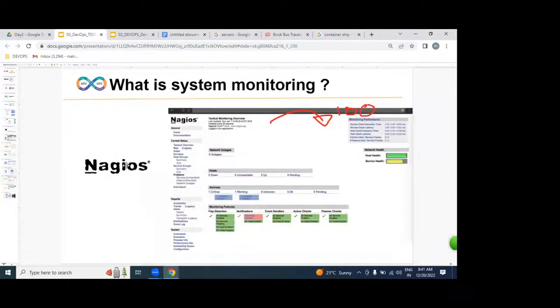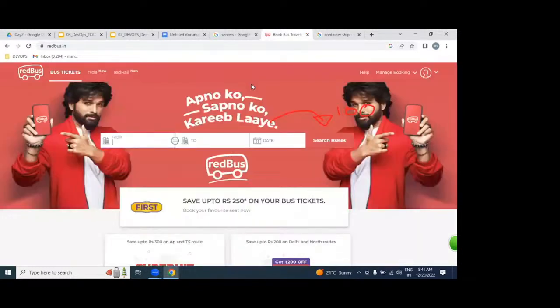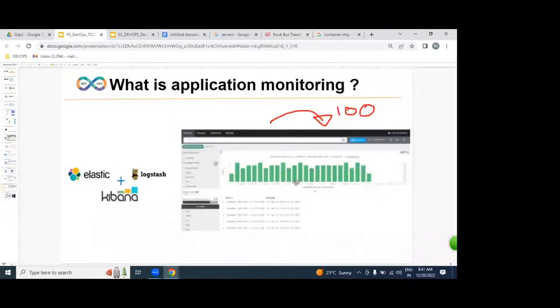We're going to learn monitoring tools like Nagios and ELK. Nagios is system monitoring, like RAM, CPU, motherboard, so whatever the user load may be, we can monitor it. ELK is application monitoring. Each and every application internally generates logs, and those logs will be monitored and analytics generated.